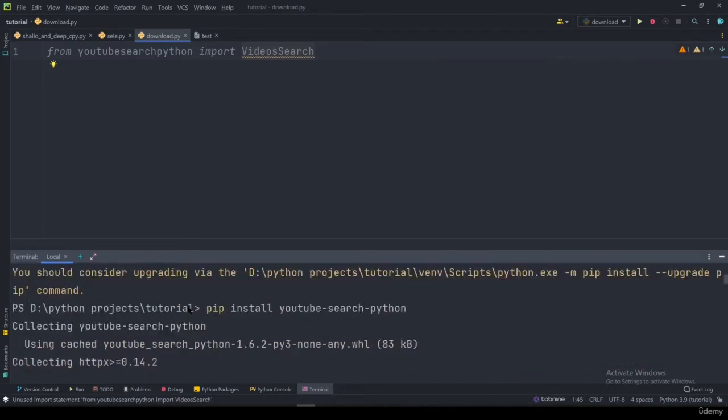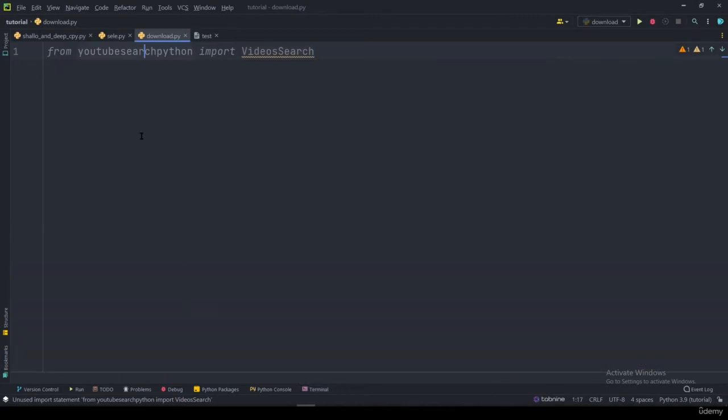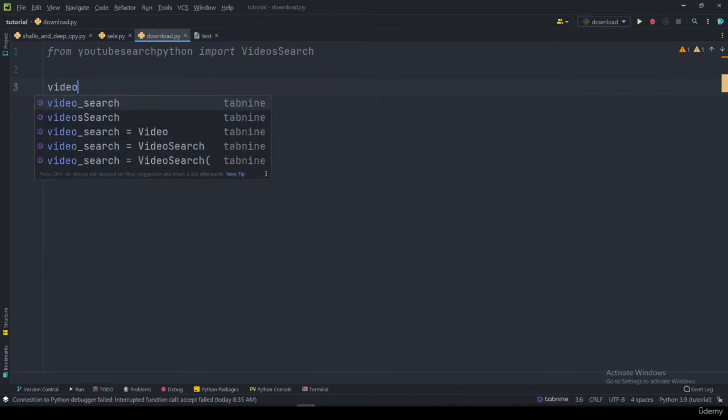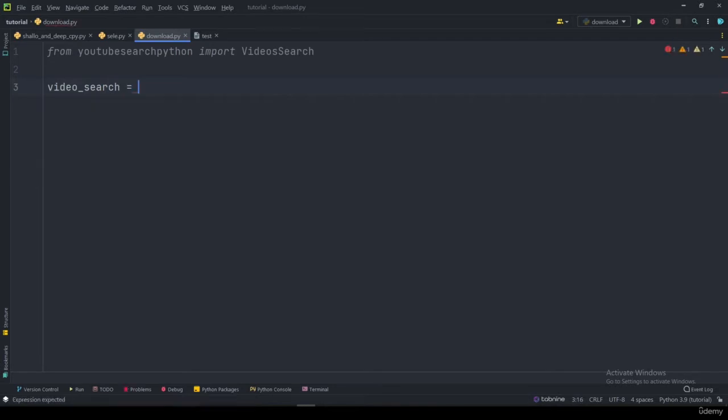So first we'll have to get links, because PyTube needs a link to download. To get those links, we can use the first library. So let me show you how we can do that. I'll declare a variable here called video_search, and we'll say VideoSearch,